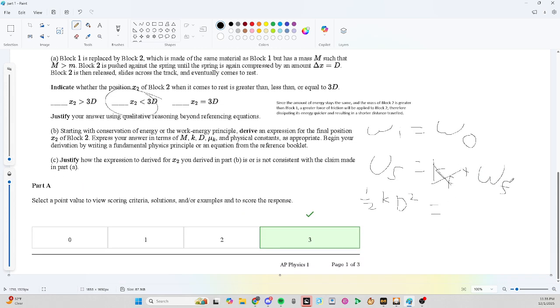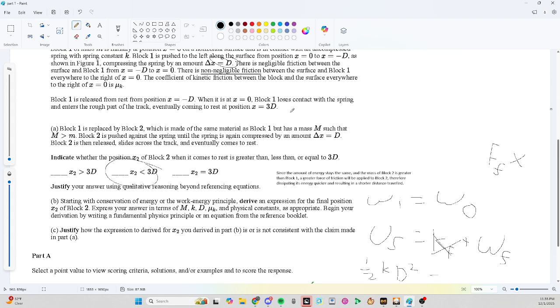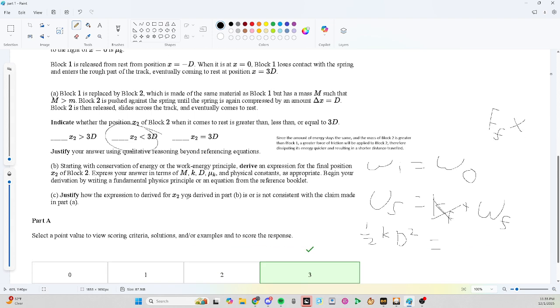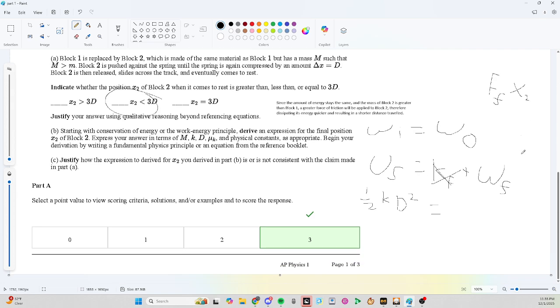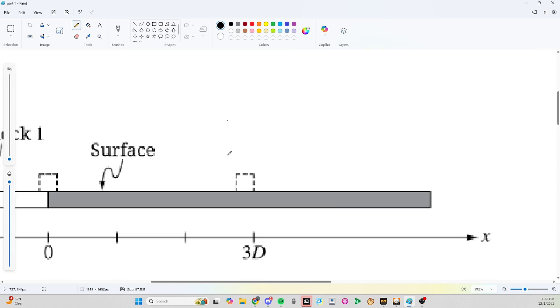And the work done by friction is just the force of friction times the distance, which is a distance x, or wait, x2. And then if we do the quick free body diagram,